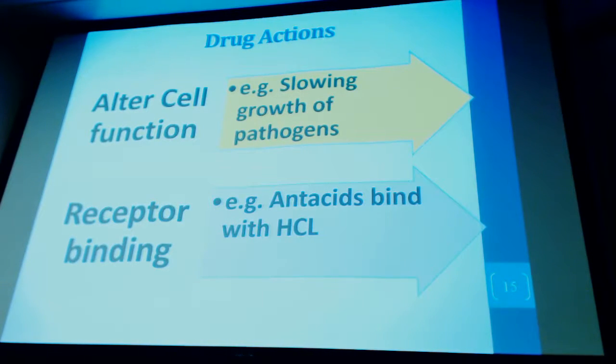Now, receptor binding. We're going to talk about how drugs bind to cell receptors and create an action. So if you have gastroesophageal reflux disease, heartburn, for example, I'm going to give you a drug like omeprazole, which is going to lower the production of gastric acid. It binds to cell receptors. Antacids, this is where you need to make the change. Antacids don't bind to cell receptors,